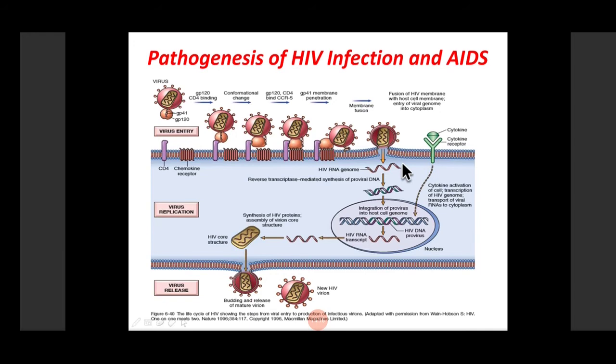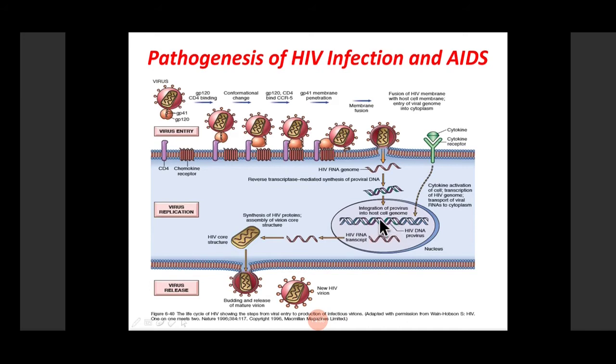So this is the viral genome. Now, with the help of reverse transcriptase, which is a viral gene, there is formation of proviral DNA. From this viral genome, proviral DNA is formed with the help of reverse transcriptase. A copy of it is made. This is the proviral DNA. Now this proviral DNA integrates inside the host genome.